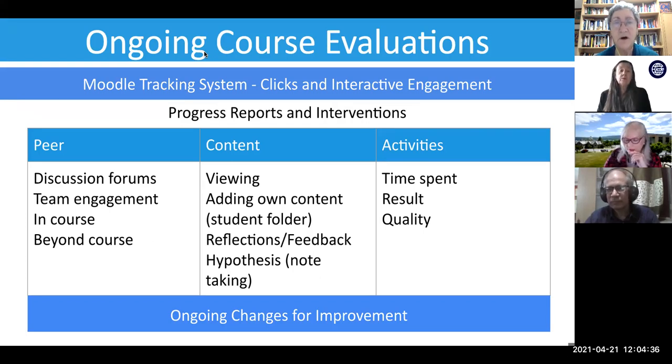Progress reports are always available. What I do, and I really advocate this, is to have ongoing interventions. In other words, make sure that you know what's going on. It's not that you create a course and you pray and hope that it works. You can make sure that it does work by continuously going in